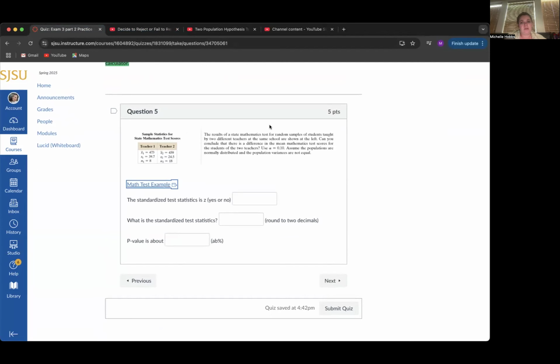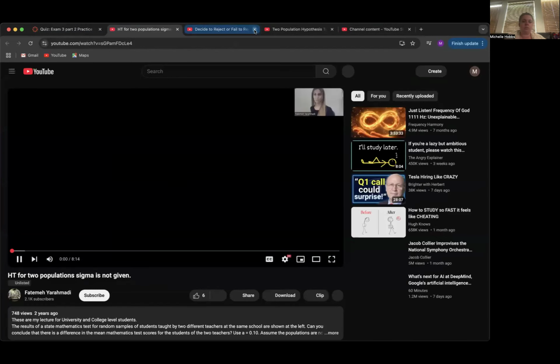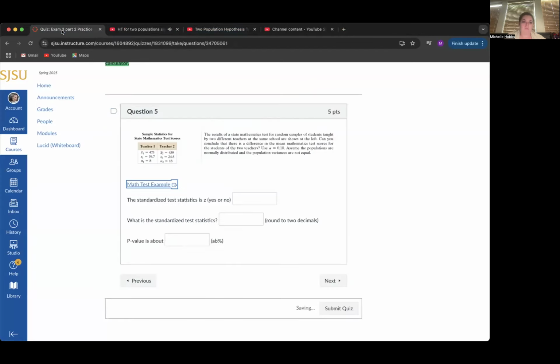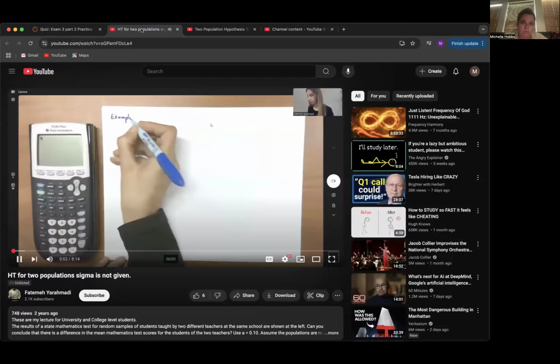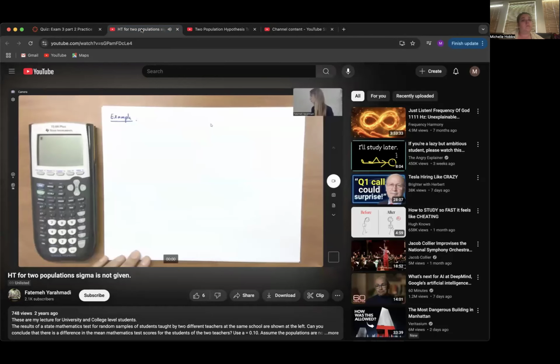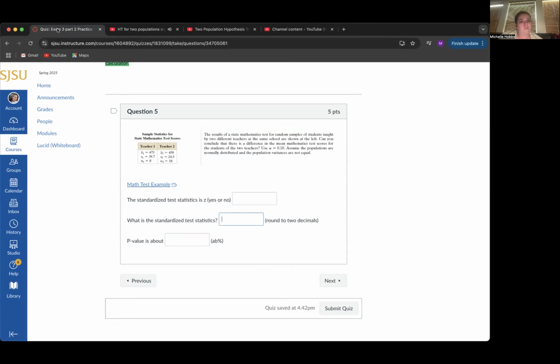Math test example. We're going to see an example about hypothesis testing for two populations and checking the claim. In this example, we have the following scenario. I would like to check to see what's the difference between average test scores in San Jose State University and, for example, Stanford University. What I'm going to do, I'm going to claim that